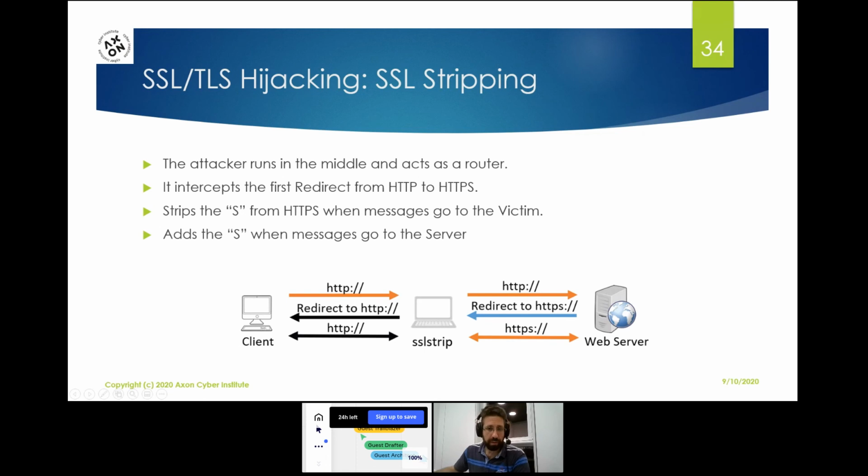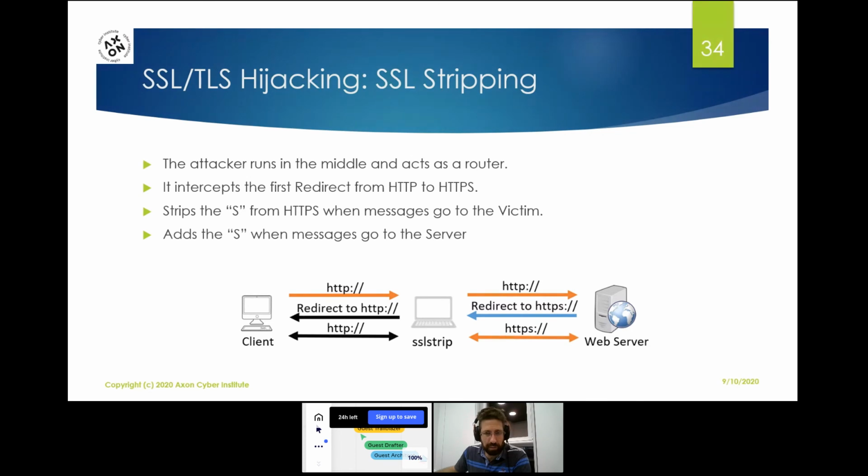So his tool does the following. He will monitor the first HTTP request. He will let it pass as he is the man in the middle. When the redirect comes, the redirect says redirect from HTTP to HTTPS. However, he will change it to redirect to HTTP. So he will strip the S from the HTTPS, and then the client will receive a redirect to HTTP instead of HTTPS. The client now tries to connect over HTTP instead of HTTPS,